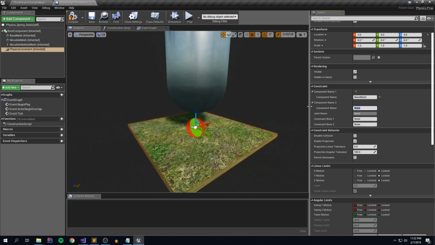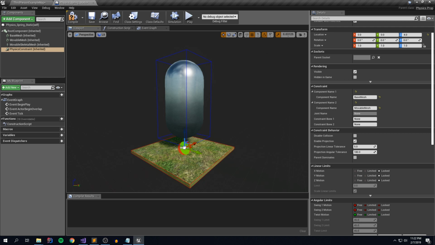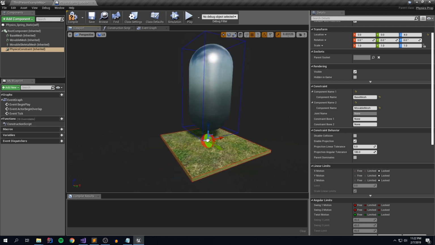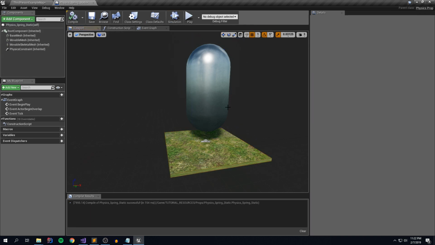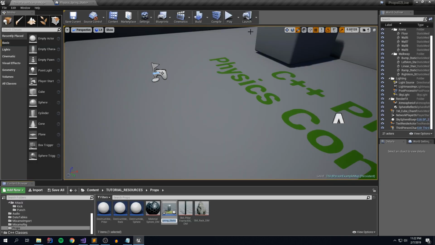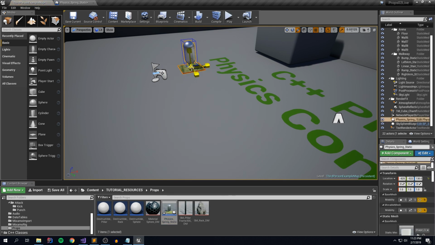And the second thing we're going to do is our movable mesh. And again, it adds a little outline around the object showcasing that they are now hooked up together. Simulation isn't going to do anything just because they're not really positioned to move. But if we now take this blueprint, drag it into our level,